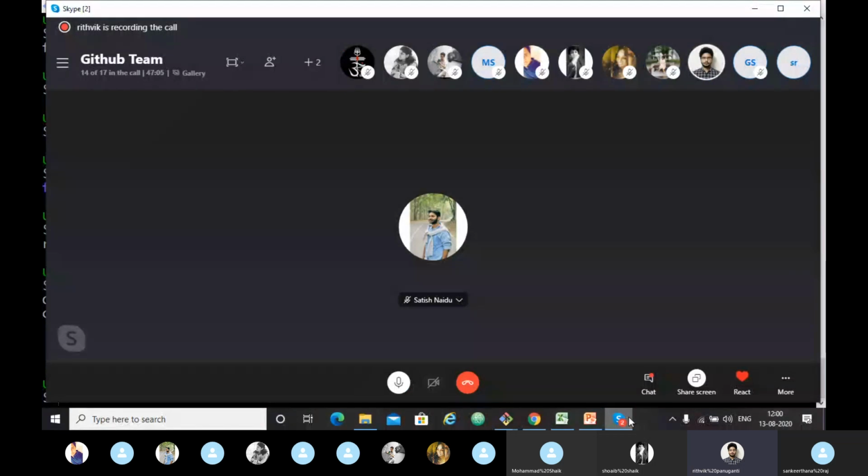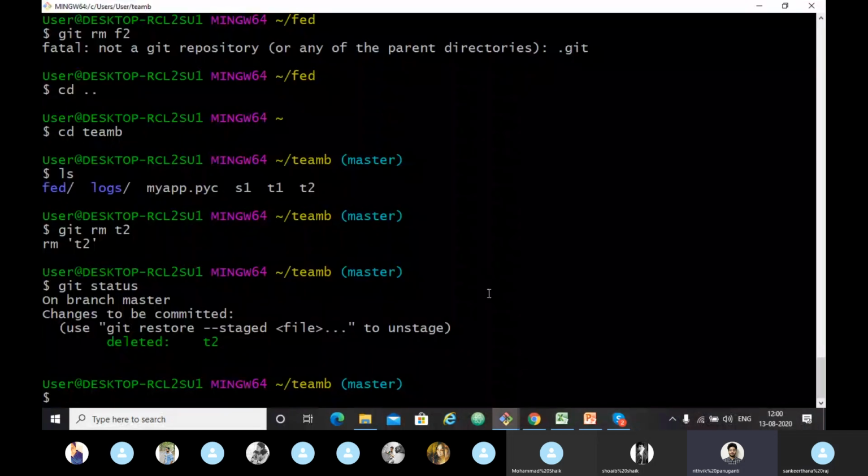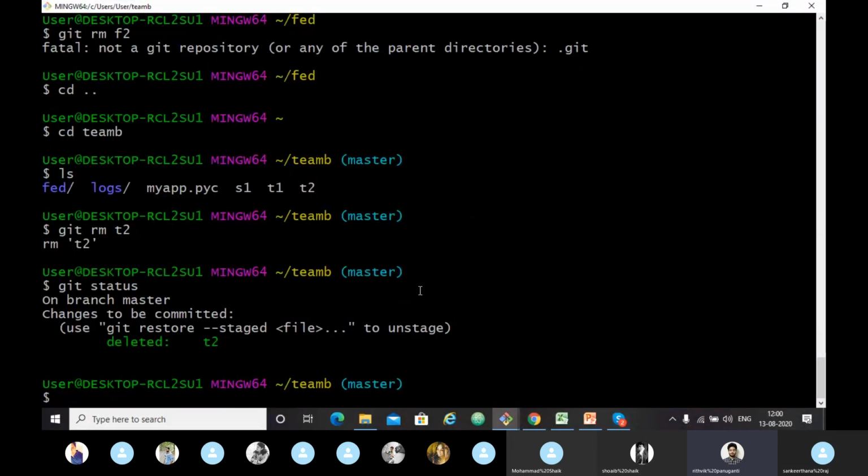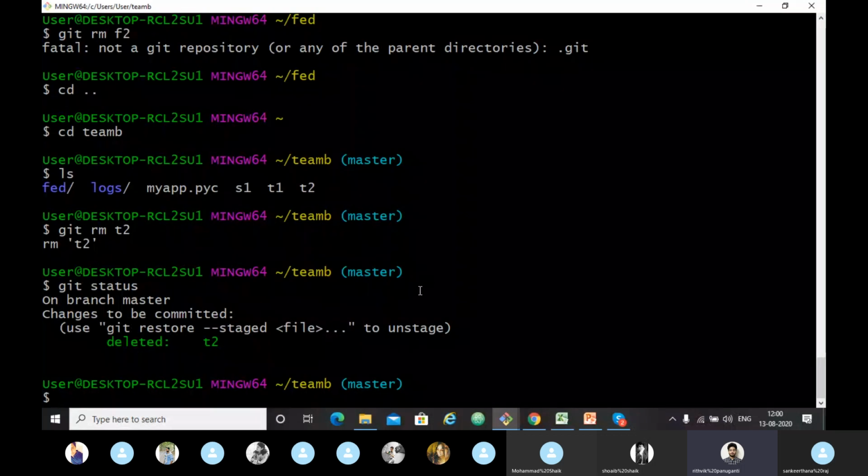Yeah, hello. Yes, that's it. Tell me. Here, I have a doubt: what is the difference between git diff --staged and git checkout -- s1? Git checkout is the command we use to restore from the working tree and the staging area.